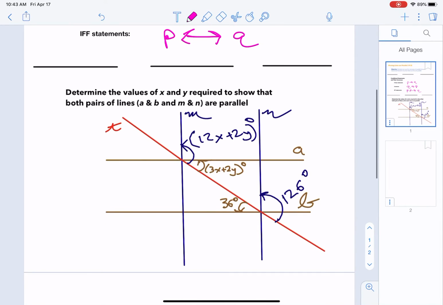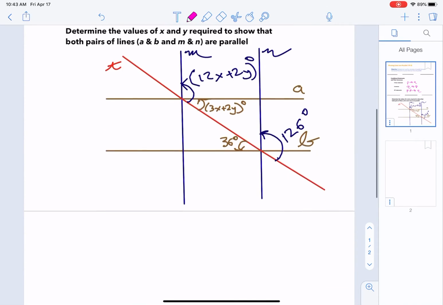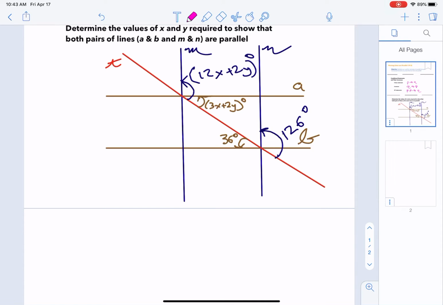All right, so now I thought I would give you a fun, kind of gnarly little problem, a difficult problem. It says, determine the values of x and y required to show that both pairs of lines, A and B, those are the ones marked in brown, and M and N, those are the ones marked in blue, are parallel. And maybe this is actually not so bad, because we know from the converse of the alternate interior angles theorem that we can say this, that if